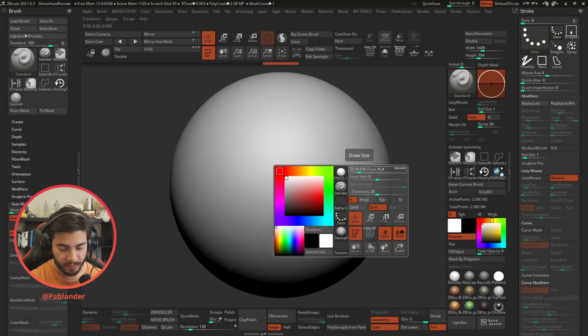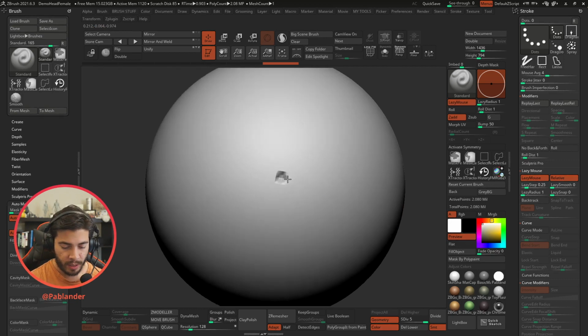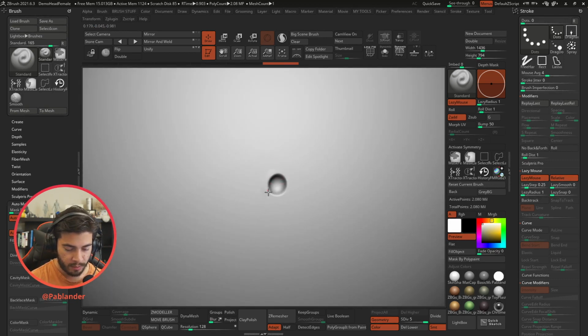And it seems like a pretty simple thing to do, but once you combine this with more of the steps that I'm going to show you, it becomes something very, very powerful. Now I'm also going to switch back to the Z-add, the one that adds geometry, and also enable lazy mouse. So this is basically resetting the standard brush, and I'm just going to go closer and maybe add a little bit of volume around that. It could be a pore, for example. And I'm going to hold the shift key to smooth things out a little bit.